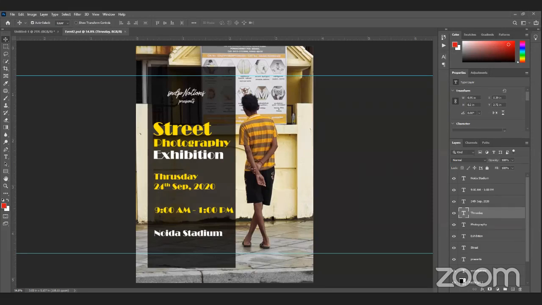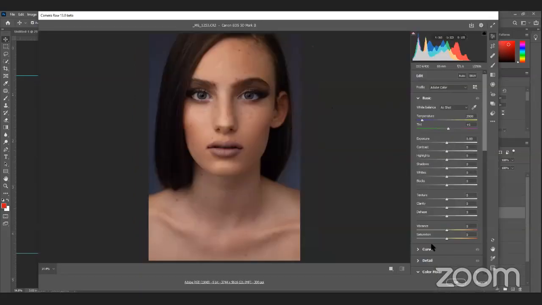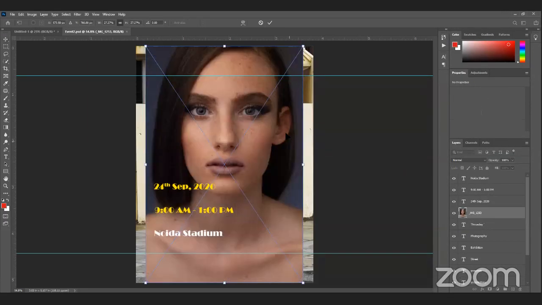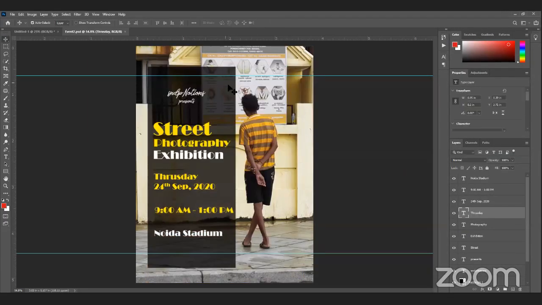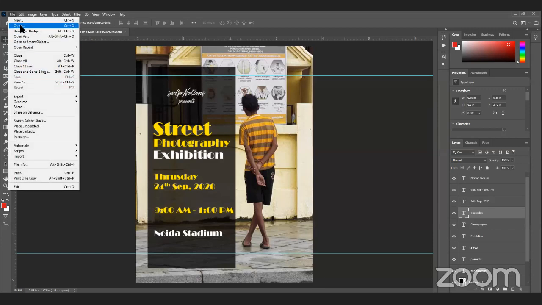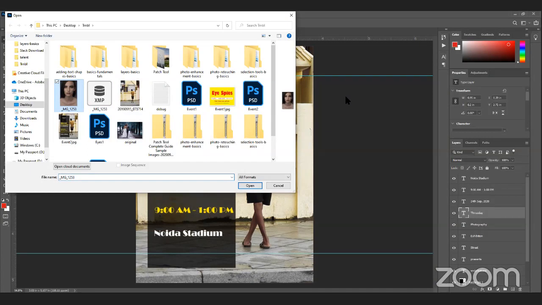Okay, so I'll start with retouching an image. I cannot teach you the whole of retouching, but I'll open it again. File, open my file.